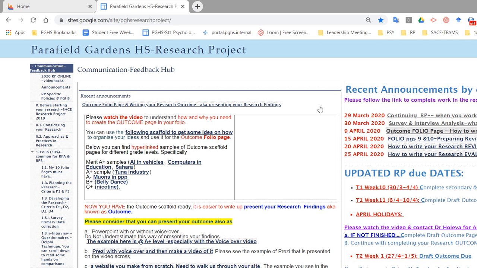So, since 2015, a new page was created for the folio. We call it the outcome scaffold folio page because actually it sets up the way we are going to use to present our outcome. So you prepare at the same time a folio page that becomes your sketch up, your scaffold for writing your outcome, and it's very easy